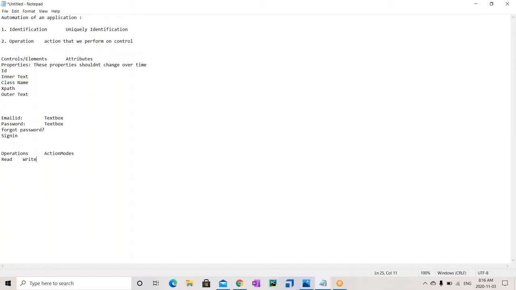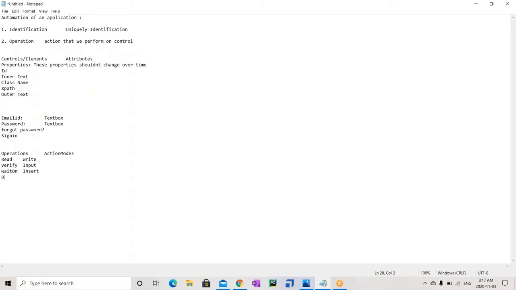So the operations, as we discussed now, we can verify whether a particular field has some text in it. In the same way we can write something, input, and what else? We can wait for some time, and here we have insert again. I will tell you the difference between input and insert.